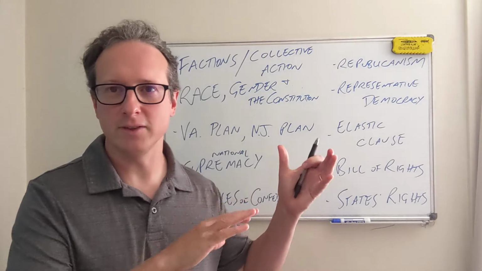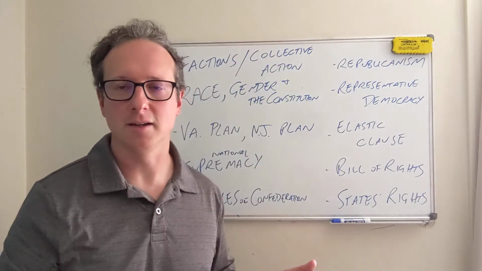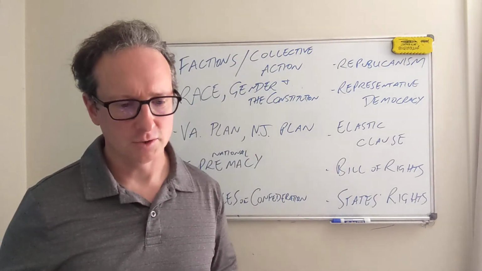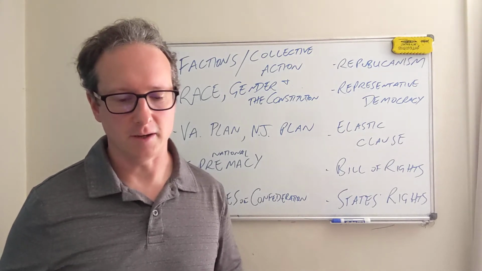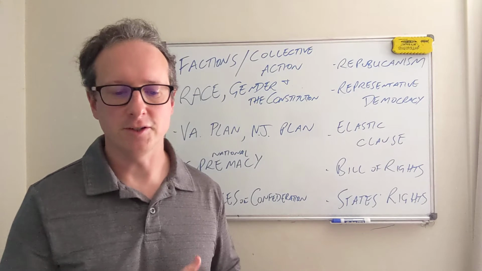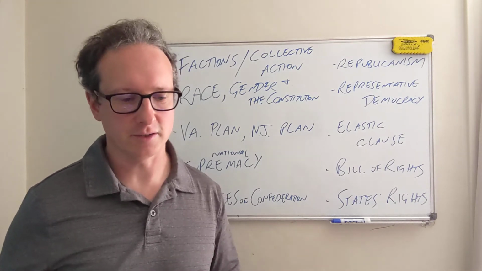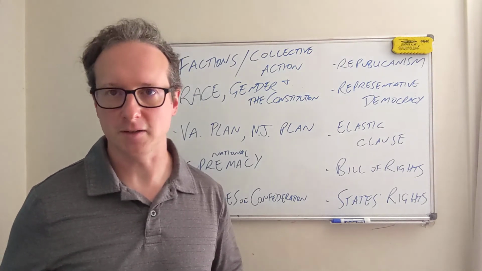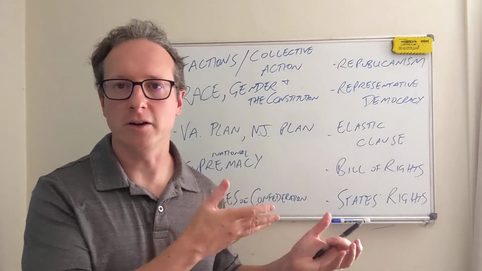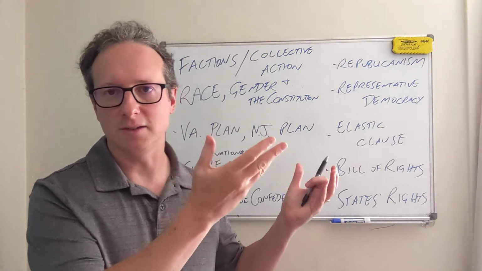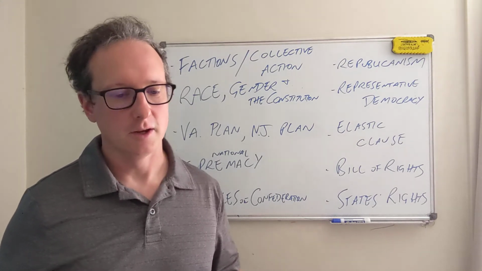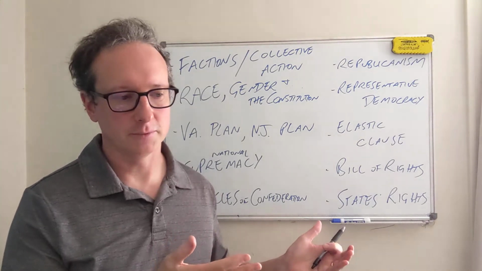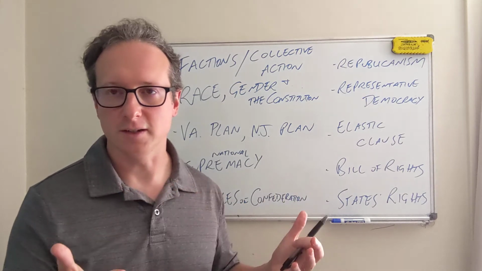And they were right in the middle of that contiguous line. New York was so large in terms of its population at the time, and so was Virginia, that they served as geographic barriers to the rest of the states in the South and the North, respectively. It would have cut off Massachusetts, New Hampshire, Vermont, and Connecticut from all of the rest of the country if New York had said no.